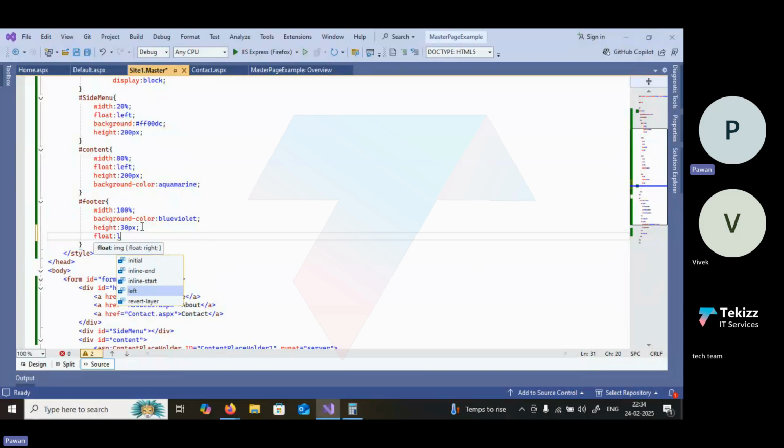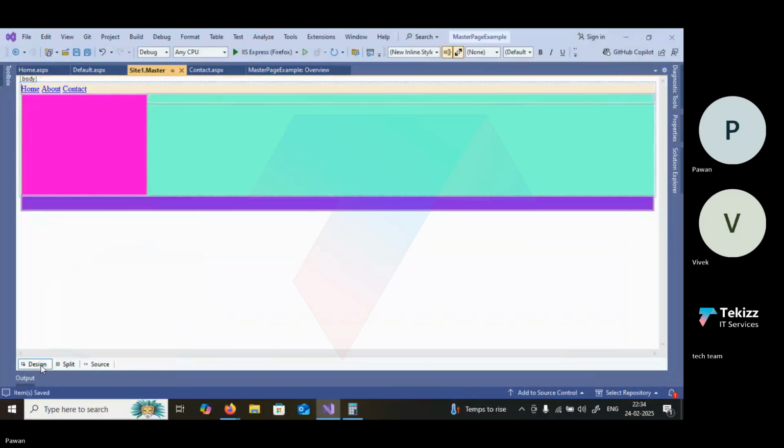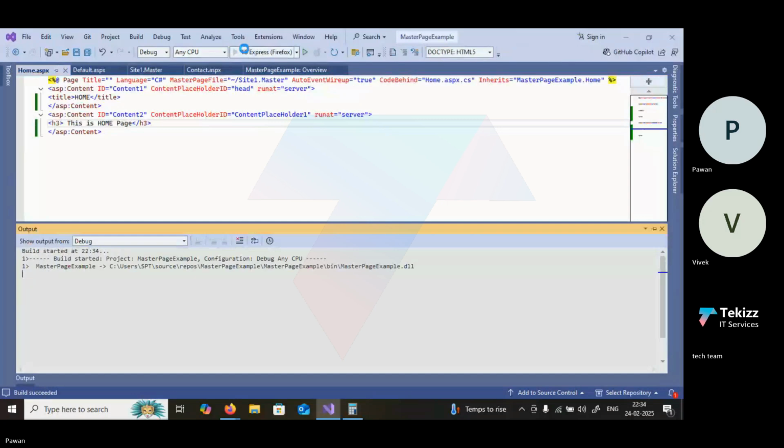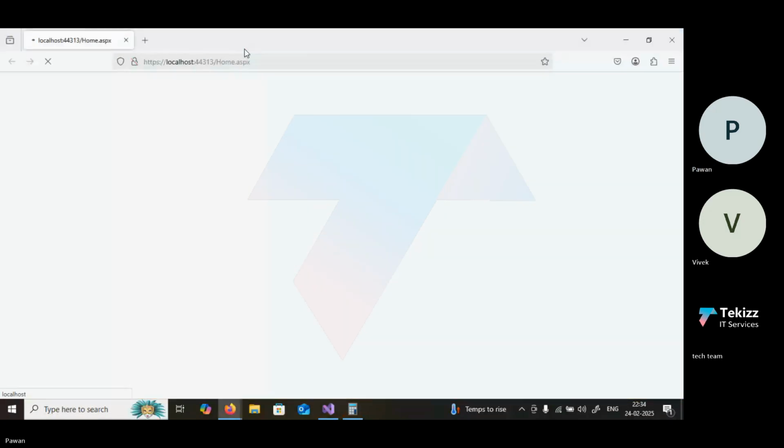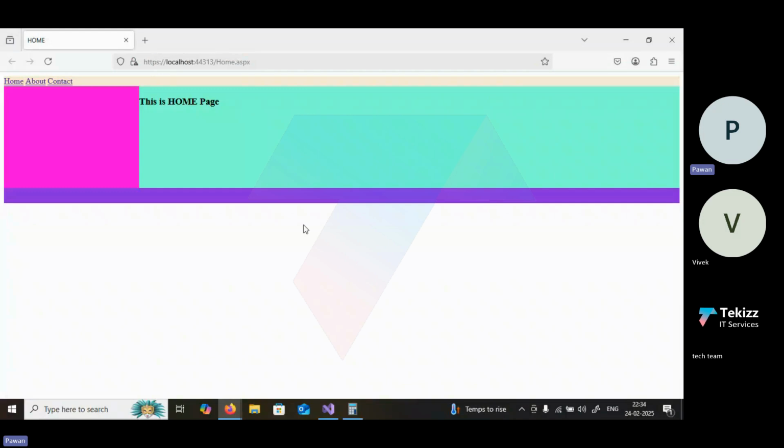Let's say float left. Yes. Okay. So here you can see we are on the home page, but this entire layout is coming from